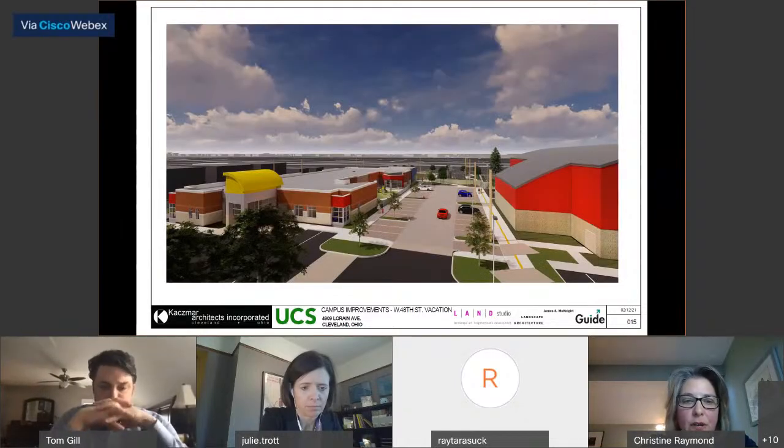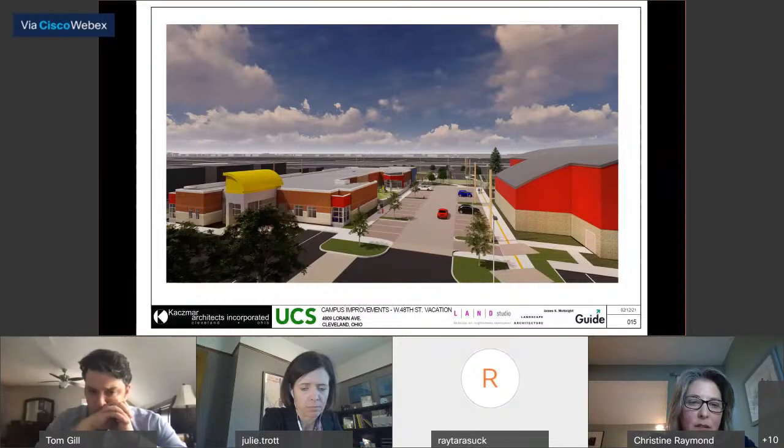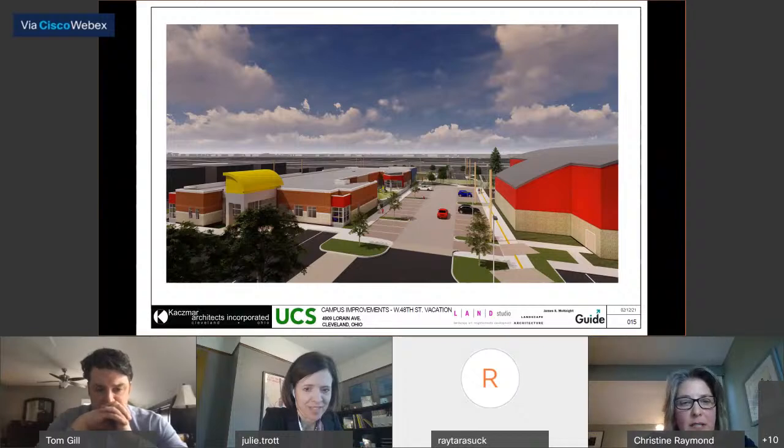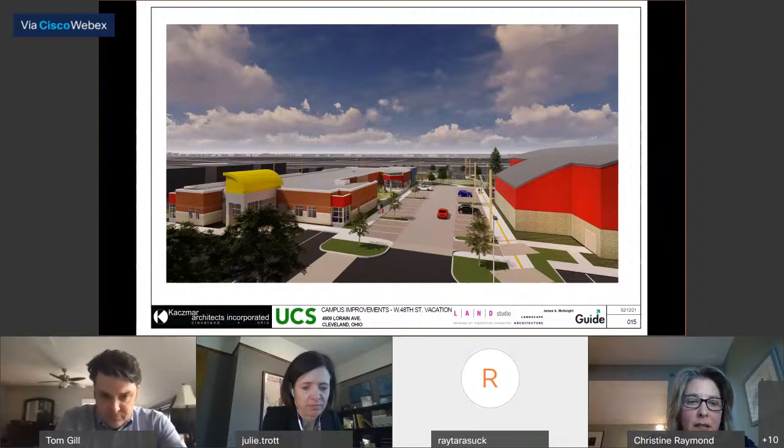Here's an aerial view of the parking that is proposed between the gym and the Early Childhood Center. Quite a long time ago, prior to the Early Childhood Center being built and other developments on the campus, there was a parking lot where the Early Childhood Center exists, and that parking lot served the school. So they gave that up during the development of these other projects, and we would like to basically replace those parking spaces that have been lost over the years within this area between the gymnasium and the Early Childhood